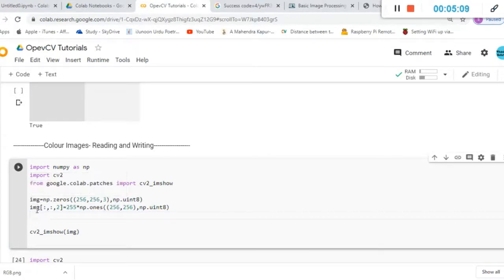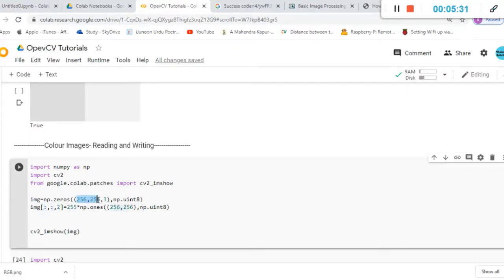So I'm using this variable img, and I'm using an array concept wherein if I write colon here, it means I want all the x elements that are there. Again, I have used colon for the y case. It means I want all the elements in that particular dimension as well. Let's say I have 256 comma 256 here. So I want to use all 256 here, all 256 here, and the layer that I'm selecting is a second layer.